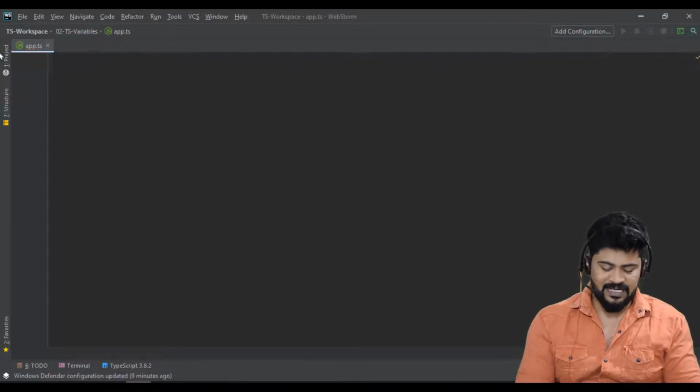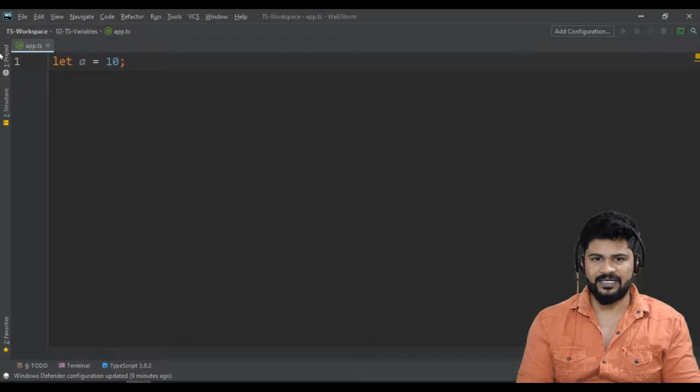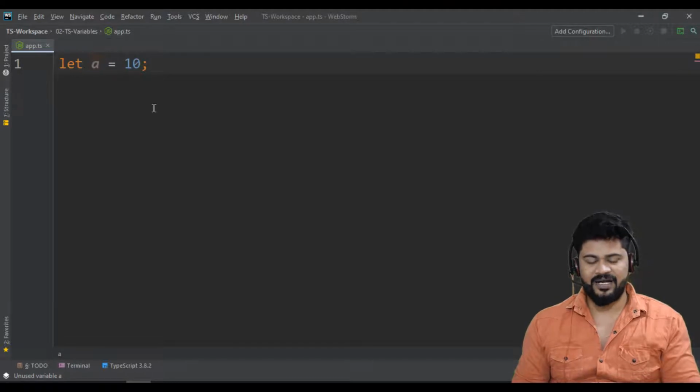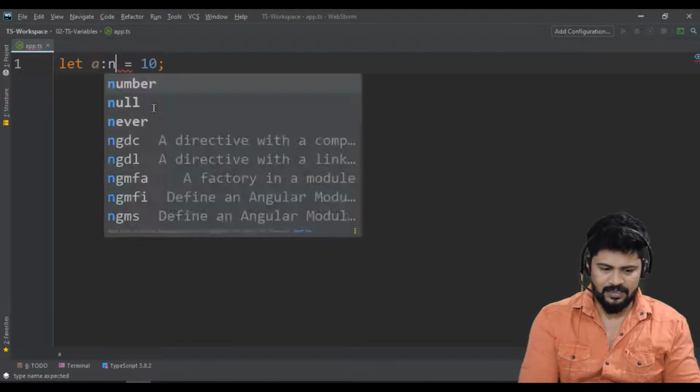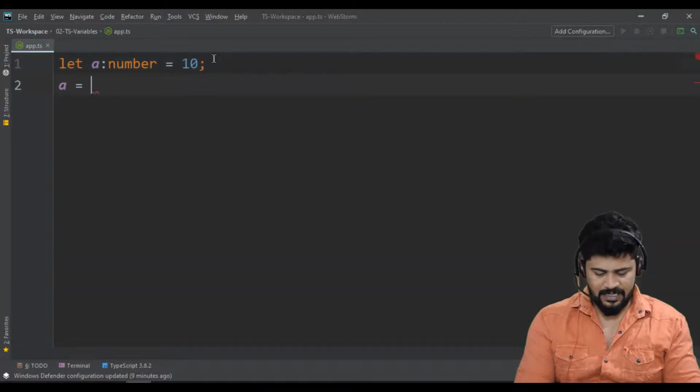Generally in a JavaScript program, what we do is write let a = 10. But here specifically, as we discussed, TypeScript is a typed superset of JavaScript. It means you need to provide a type to a variable. How you provide a type is with a colon and number. So if I say a is of type number, you can only assign a number. Or if I try to say a = "test",